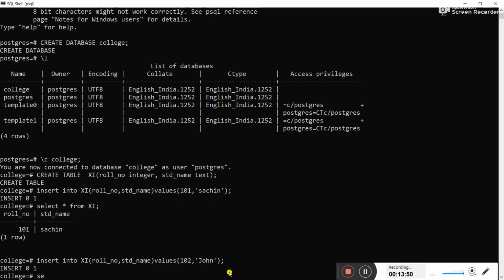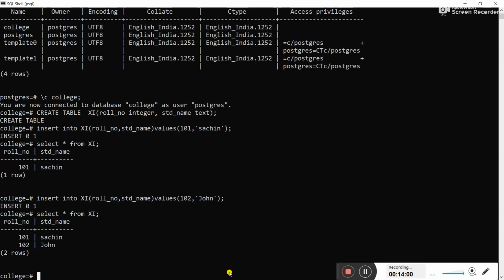Now we are going to write the select star command, select star from 11. Got it? Press semicolon and enter. Now see, it is showing two records. That means two records have successfully been inserted in the table 11. Got it? Now again we are going to insert.